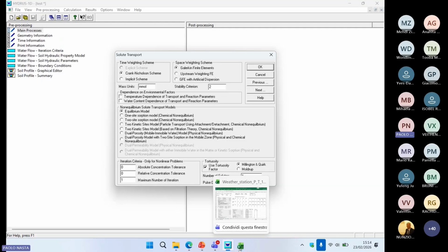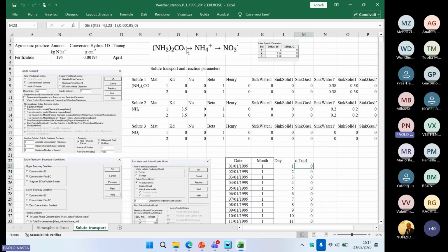So we need to know that first of all we have 3 solutes to simulate, because we apply the fertilizer that will turn into NH4, and then the NH4 will react and will be transformed to